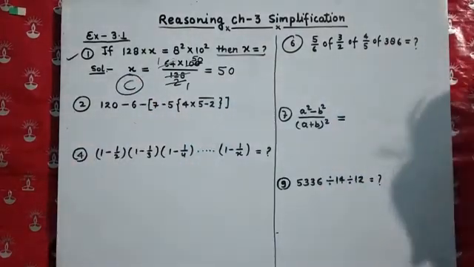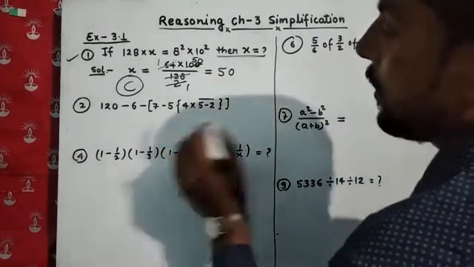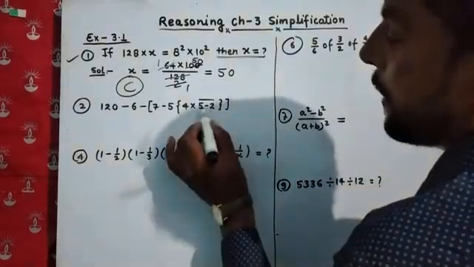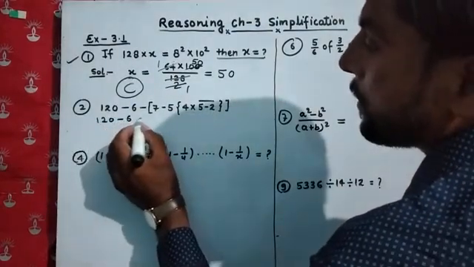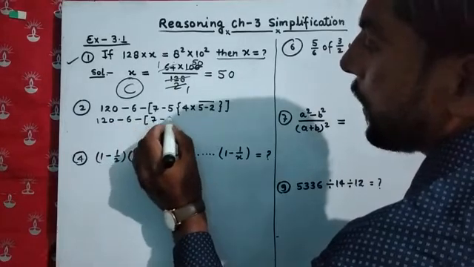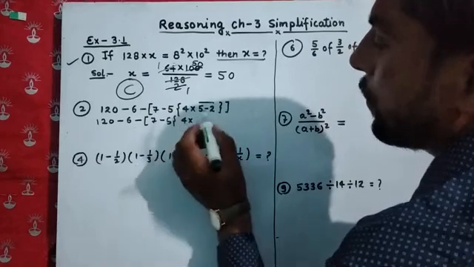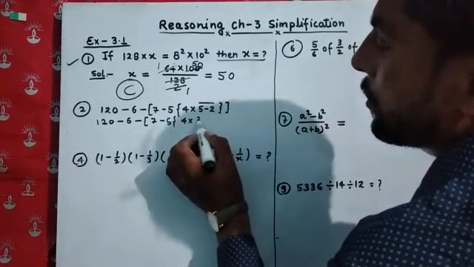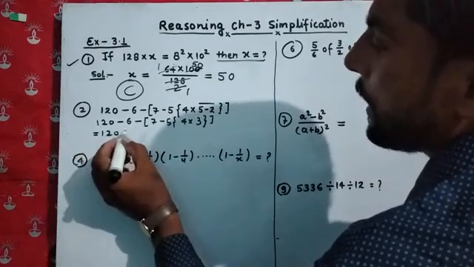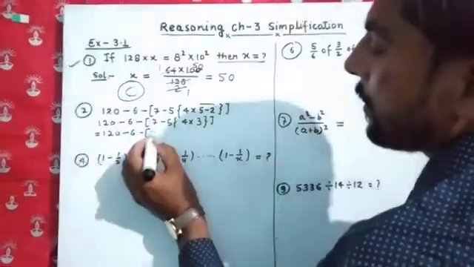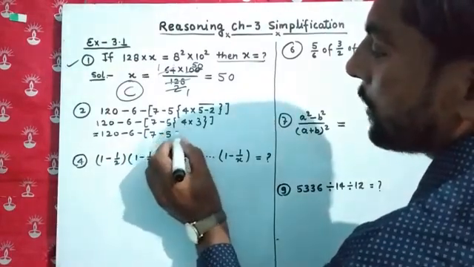Now going to question number 2. This is based on the BODMAS rule. Firstly we have to solve the bar bracket. So we go 120 minus 6 minus 7 minus 5, and then 5, 4 into 5 minus 2 becomes 3. Then the first bracket is solved. Next we write down 7 minus 5, here 4 threes are 12, and 12 multiplied with 5.